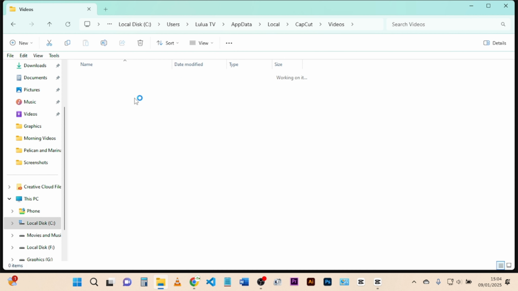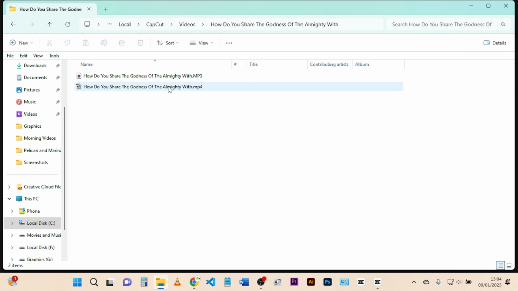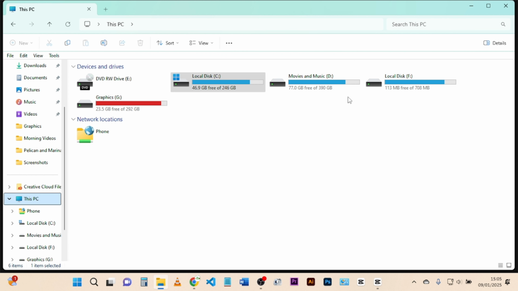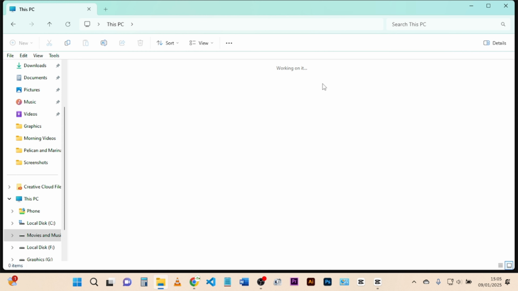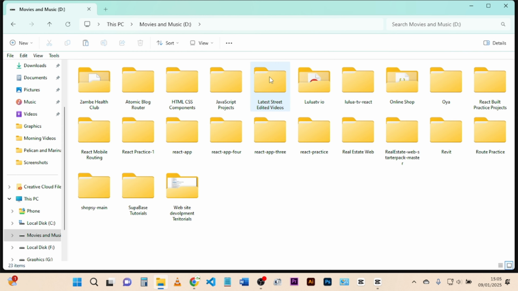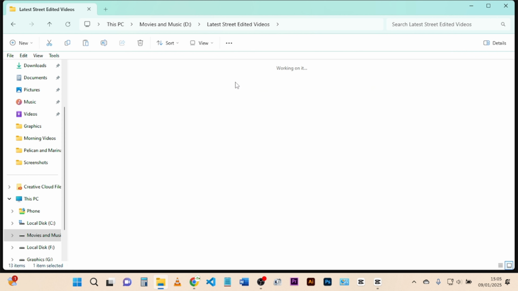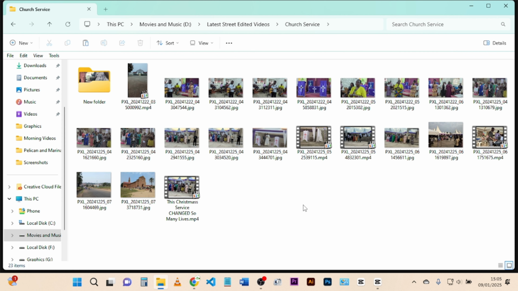When you open the folder, it will show you the project that you just saved, and you can simply cut it from here and you take it to the place where you want it to be. So for me, I want mine to come here to my projects, so I'll simply paste it here,